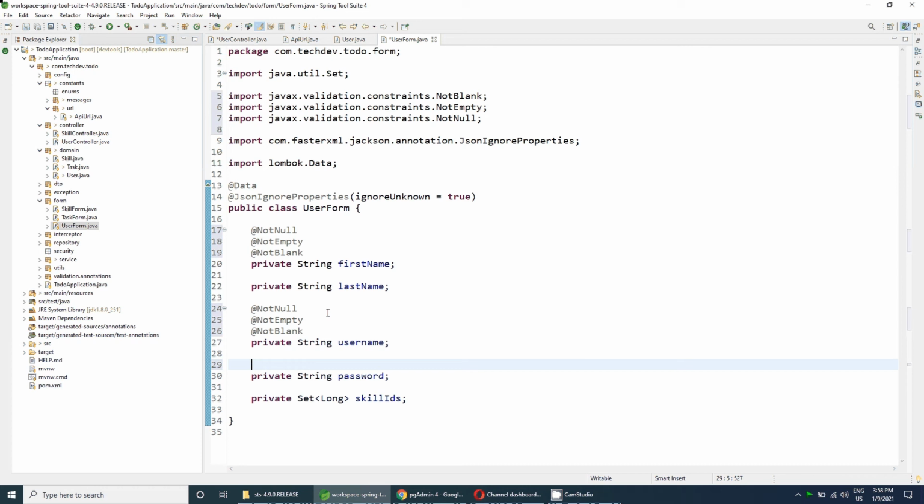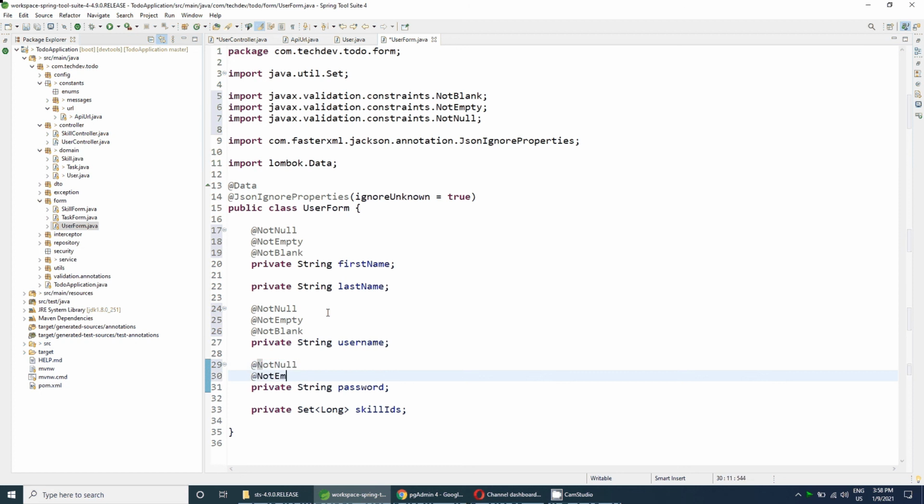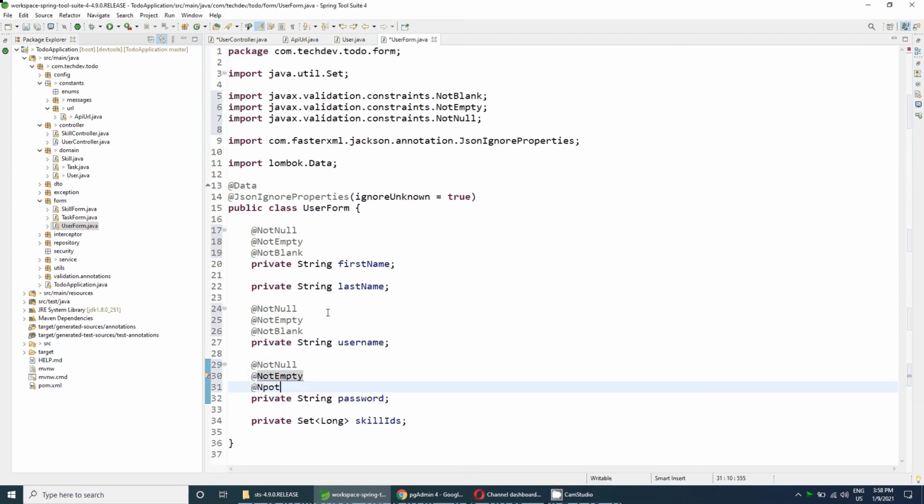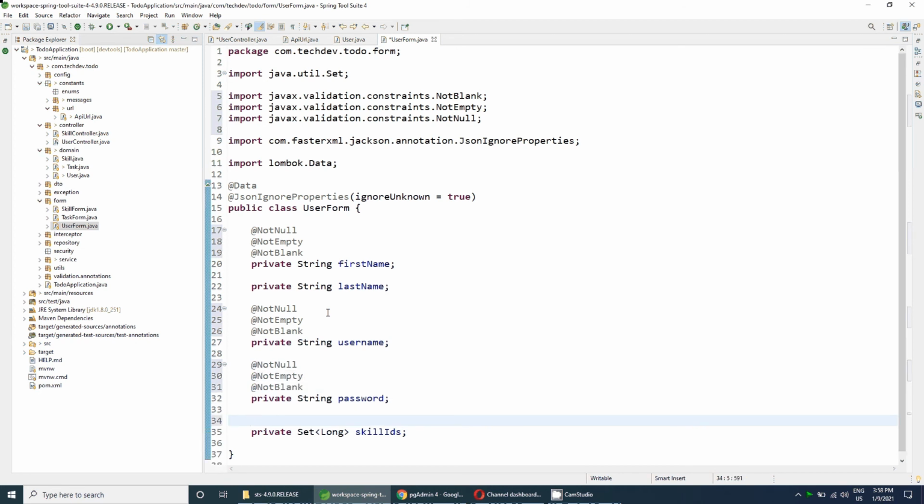Similarly for the password, not null, not empty and not blank. And for the skill set of longs, we will put not empty, because we are containing a collection here and we are saying that the collection should not be empty.